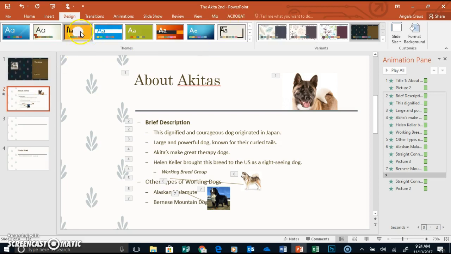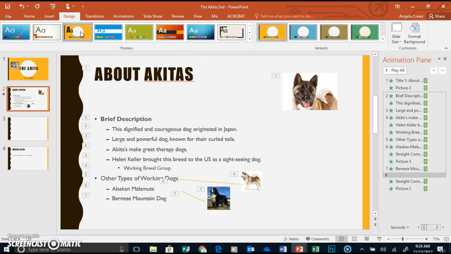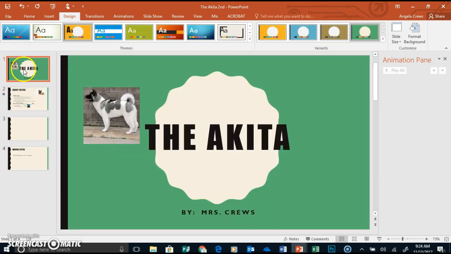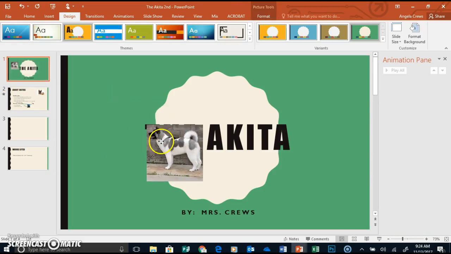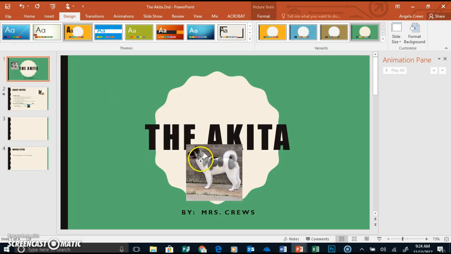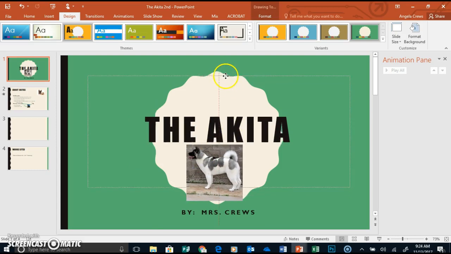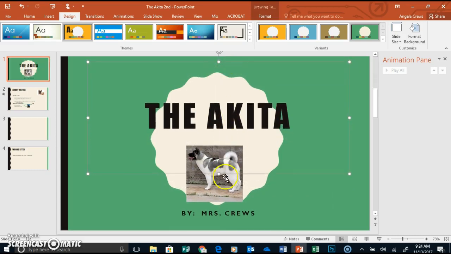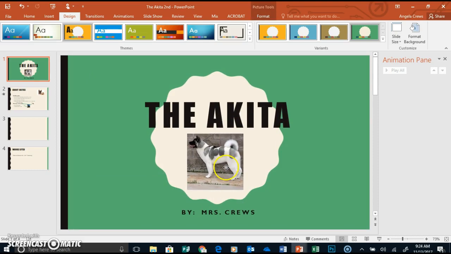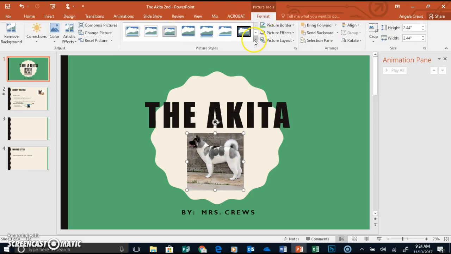Actually, I like that PowerPoint, but I'm going to choose this one instead. So here, this is yellow, but let's say I want it to be blue instead, or green. I can change that there with my variants. Just note that when you add a design to a PowerPoint, it will move your text, it will change the location of some stuff, so then you're going to have to go through and change that. I'm going to click on my picture here of my Akita and just kind of change it